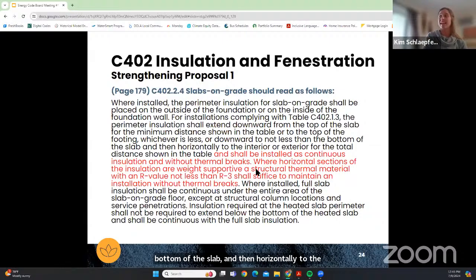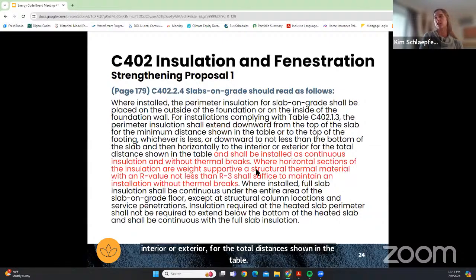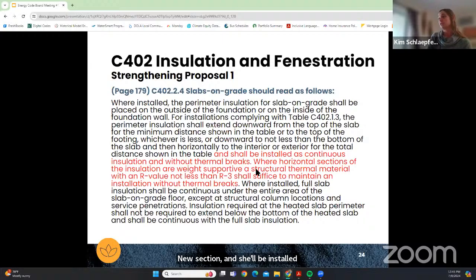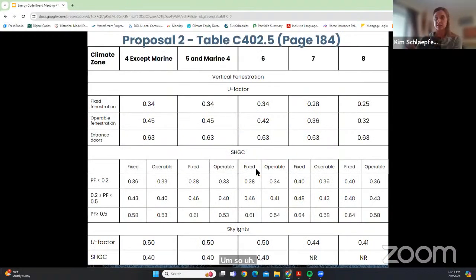New section: and shall be installed as continuous insulation and without thermal breaks, where horizontal sections of the insulation are weight supportive, a structural thermal material with an R value not less than R3 shall suffice to maintain an insulation without thermal breaks. And then the section continues. And then this is the look at that table C402.5 and what is currently in the code.